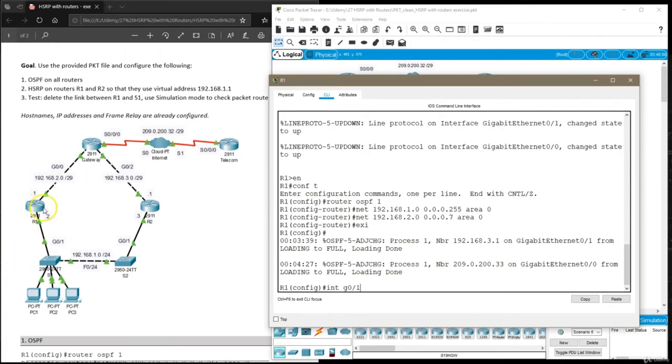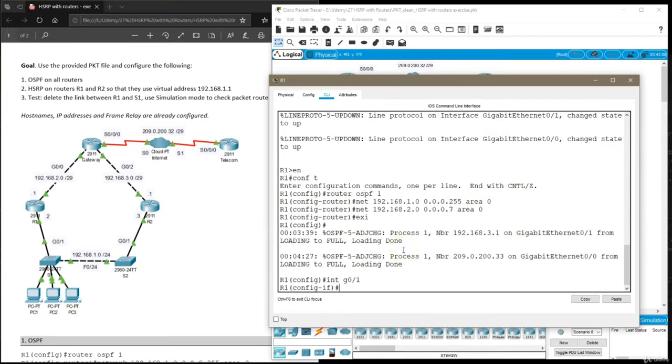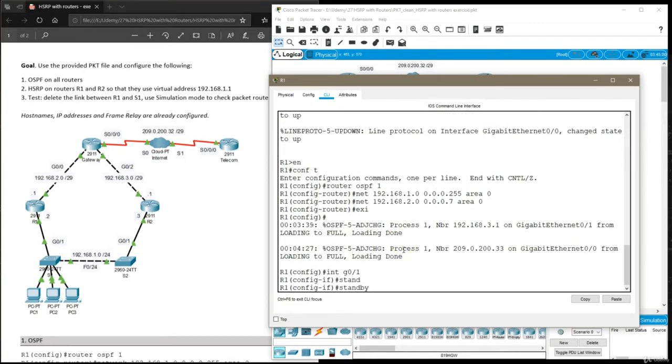That's the interface on router 1, this interface right here. And then we're going to use this keyword standby, that's the HSRP word for HSRP commands in Cisco. We're going to say 1, that's our group, and then we're going to specify this virtual IP,